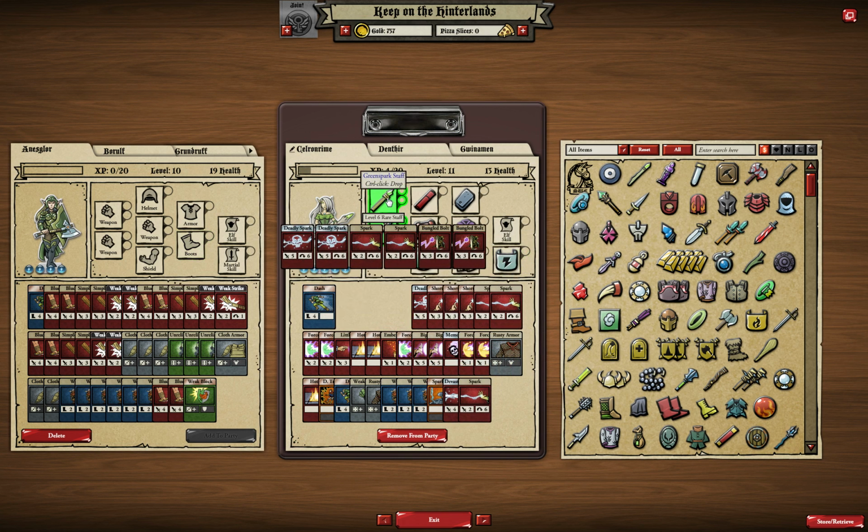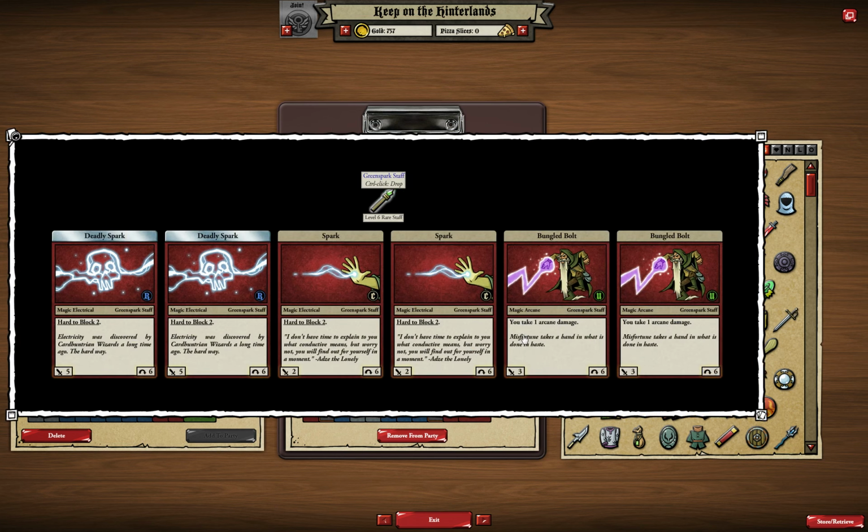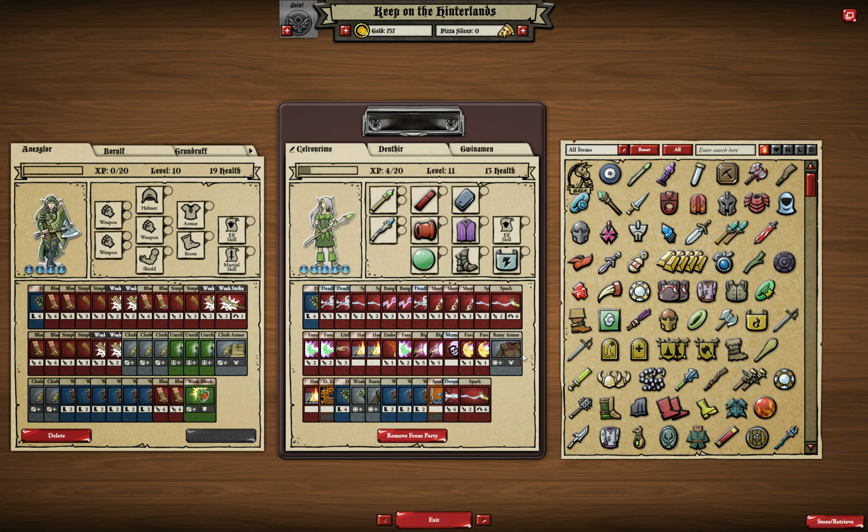I have taken this green spark stuff even with bungled bolts. I only can't use them sometimes when you can finish with this attack to kill a unit. You can use it, kill a unit, kill your wizard because you get 1 damage from that as well. But if it means the victory of the battle, why not? Only thing is just to be careful and don't forget about this so you don't kill your wizard